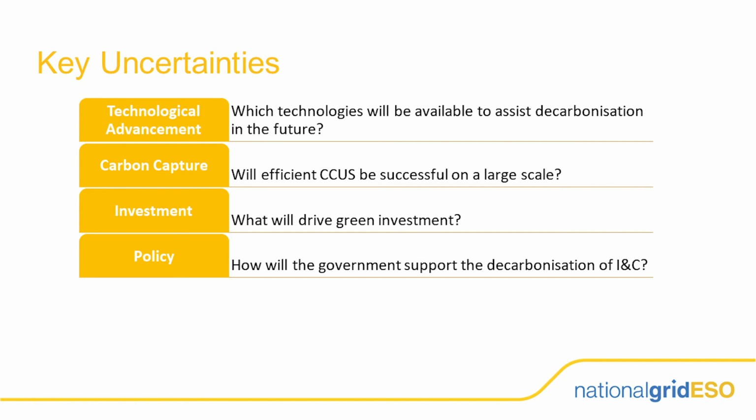Finally, policy will be required to address some of the barriers to technology implementation, such as developing infrastructure for carbon capture and storage. So hopefully that's given you an insight